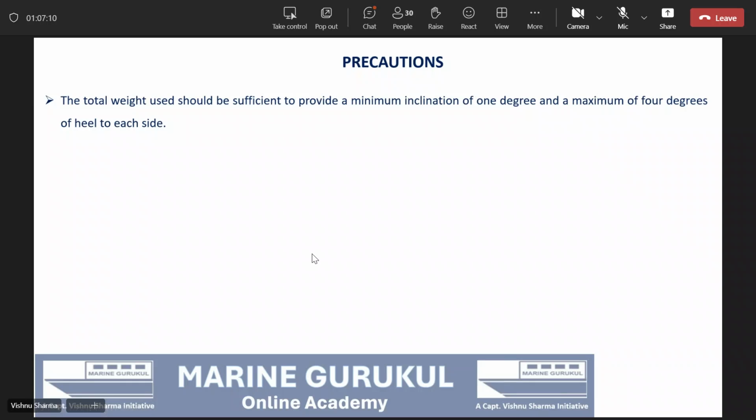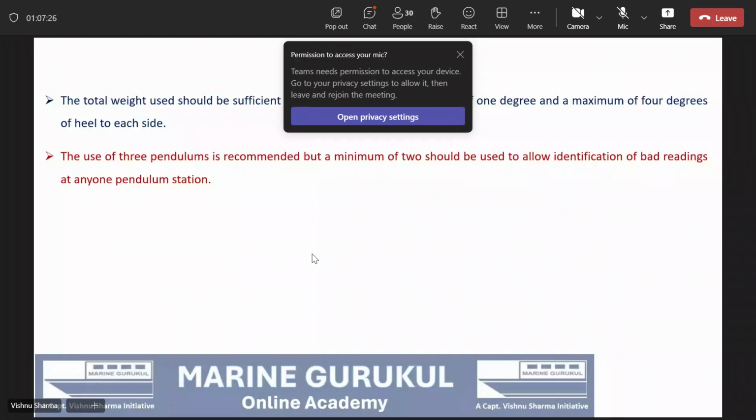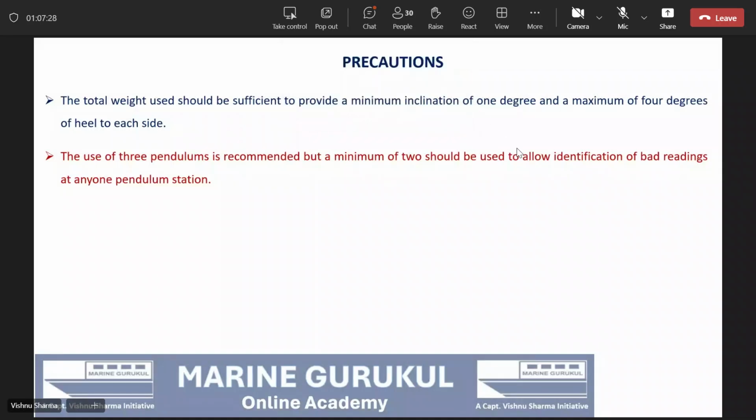The total weights used should be sufficient to provide a minimum inclination of 1 degree and maximum inclination of 4 degrees of heel on each side. The use of 3 pendulums is recommended, but a minimum of 2 should be used to identify